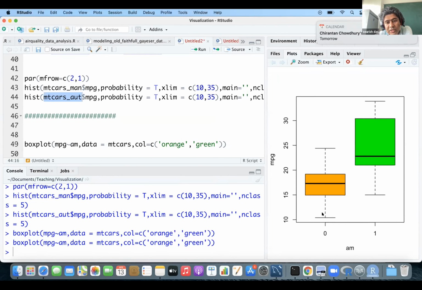And how these whiskers are done, typically there are different kinds of algorithms available. So I have to check a bit. Sometimes you will see some points are given as outliers. If there are outliers, they will be put outside the whiskers. Unfortunately, we do not have any outliers, so we don't have to worry about it. But more or less within these two bands, within the whiskers, all of the observations are plotted. Okay.